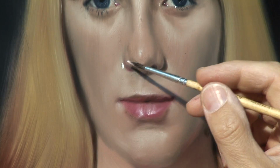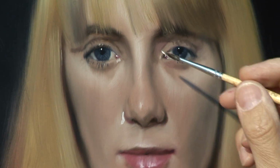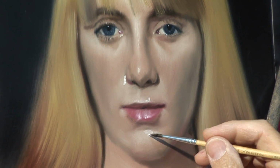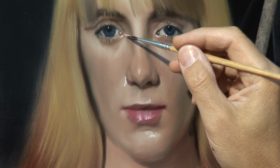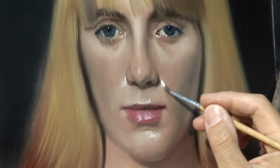So what I'm doing now is I'm just adding, obviously, tiny little highlights. Every time I add a highlight, I get more volume. You have to be very careful when you add these highlights. See, I like to empty the brush. In other words, I like to put down 5 or 6 highlights at once while I still have the paint